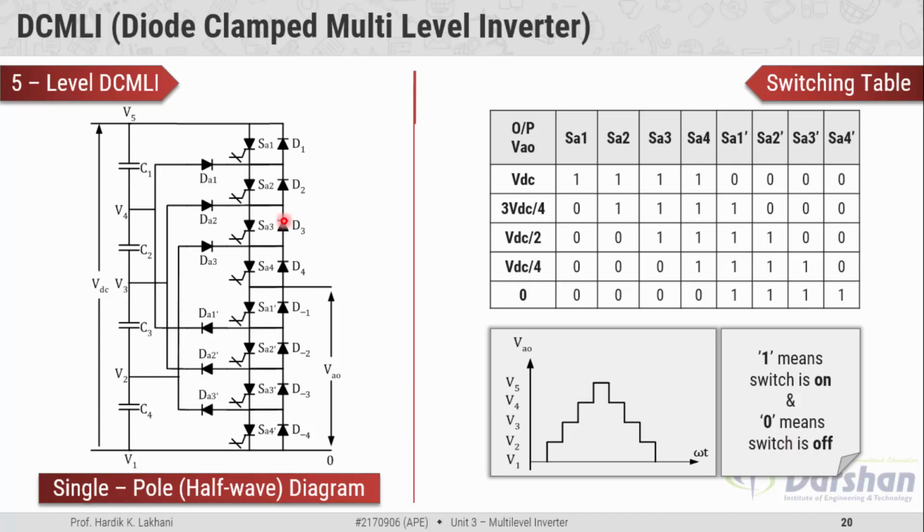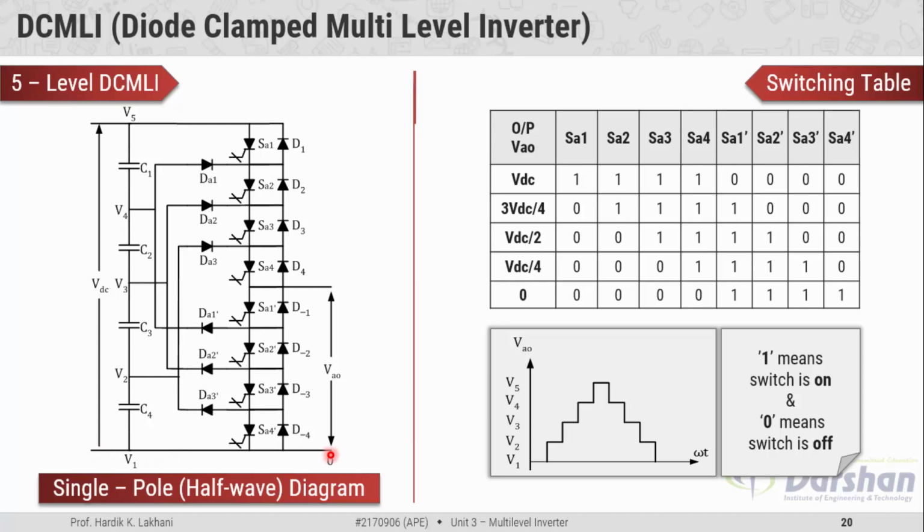In the circuit, we have total 8 controlled switches. So here you can see there are total 8 columns for the switches. Output voltage is taken between these two terminals. The first one is over here and the second is over here. So this terminal behaves as a common between input and output.